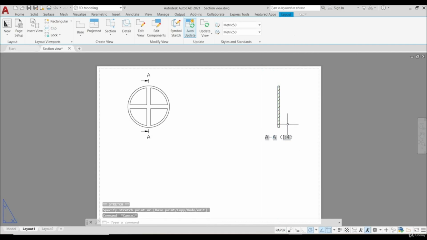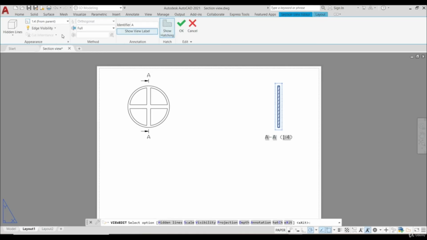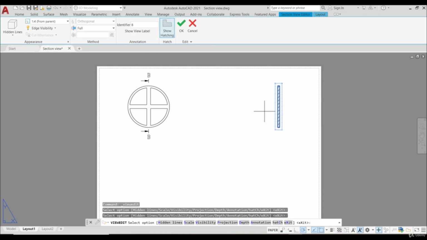Now if we want to modify this section view, we can click on this section view. We can go to edit view, and here we can change the scale. For example, we can change the identifier. We can go, for example, with B, and now we can see the changes, BB. We can uncheck here show view label, and now here we don't have a label,